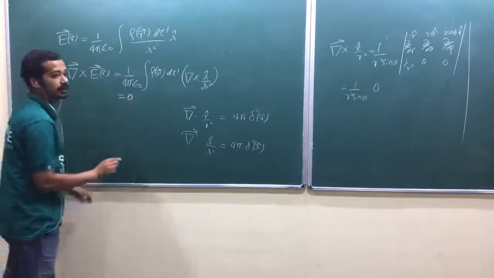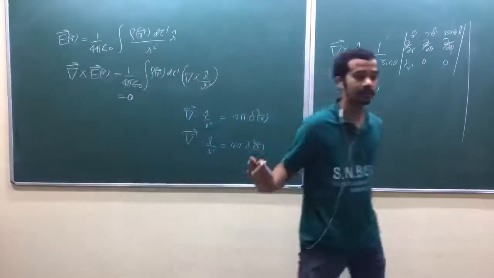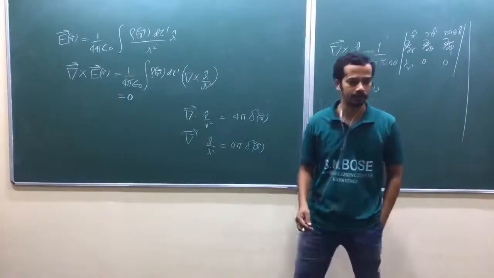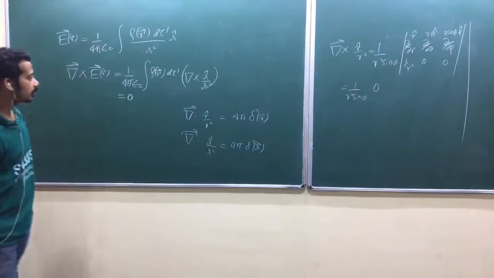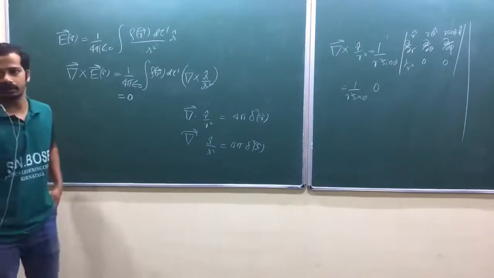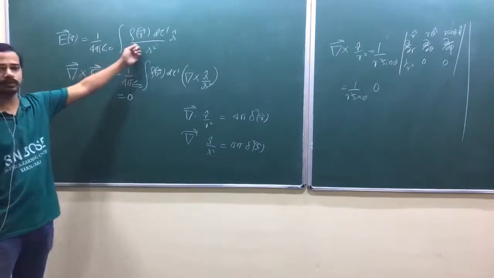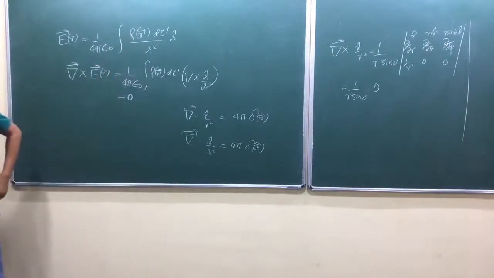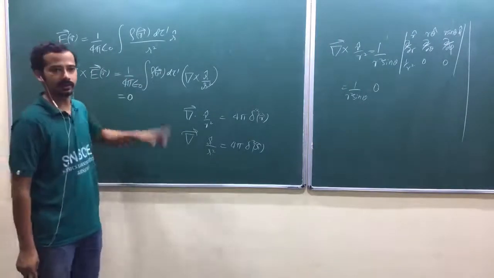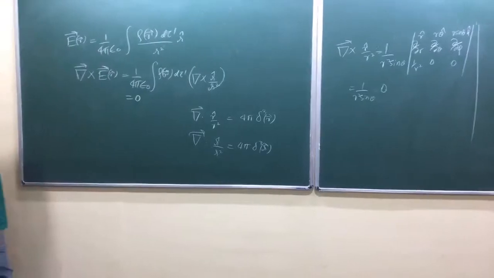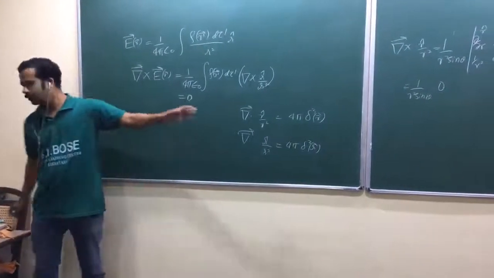Curl of, I better say, electrostatic field. Why? We are talking about our source charges which are at rest. Is that okay? We are talking about electrostatics here. I better say curl of electrostatic field. Again, this Coulomb's law is also for electrostatic field, or electric field due to charges at rest. Remember, I can just rotate. So that is one way.